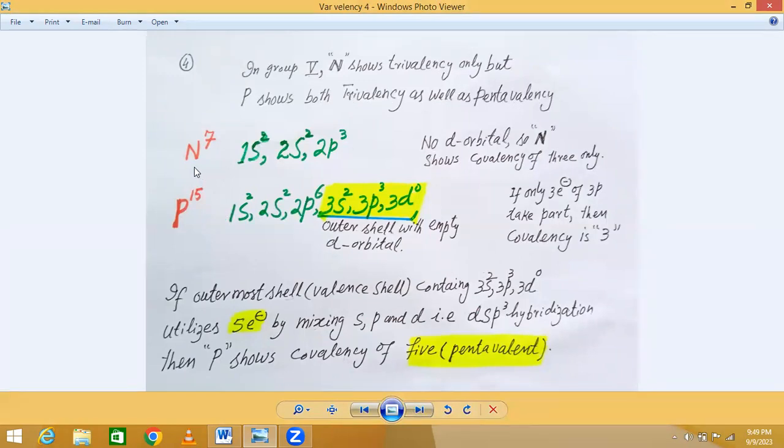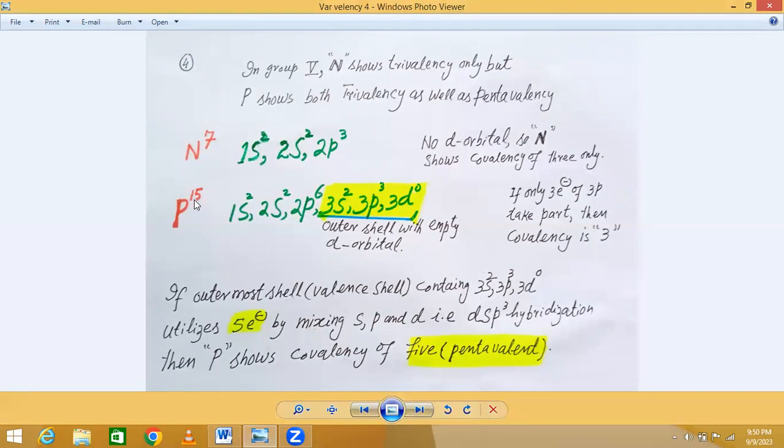The electronic configuration of nitrogen, with atomic number 7, is 1s2, 2s2, 2p3. No d orbital is present in the outermost shell of nitrogen, so nitrogen shows a covalency of 3 only. But if we see phosphorus,